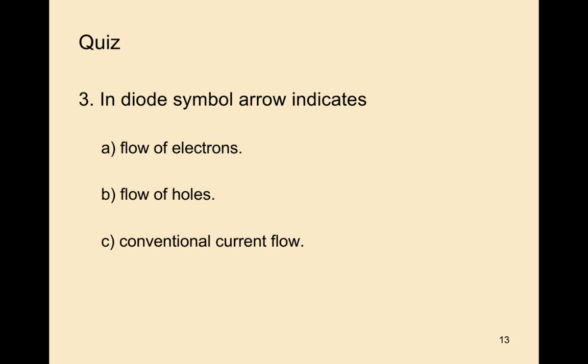One more question I am going to ask you about today's topic. What is the thickness of the depletion region? How much is the thickness of the depletion region? It is 0.5 micrometers. The depletion region width is 0.5 micrometers. And what is the barrier potential for germanium? 0.3 volts.